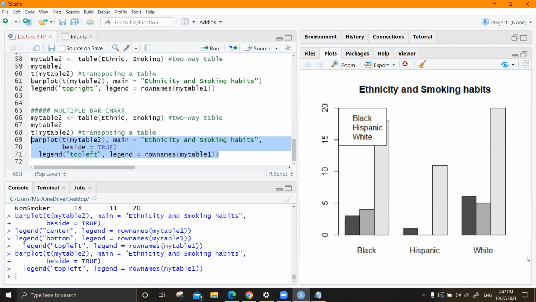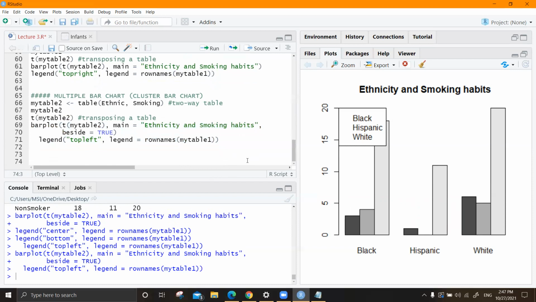Same thing. So you have to name X label and Y label. Same thing. Instead of stacks, you get a multiple bar chart. Another name given to this is cluster bar chart. So I'll write that name as well. So you can see clusters. Still, you can interchange these two. So see, there are so many ways.